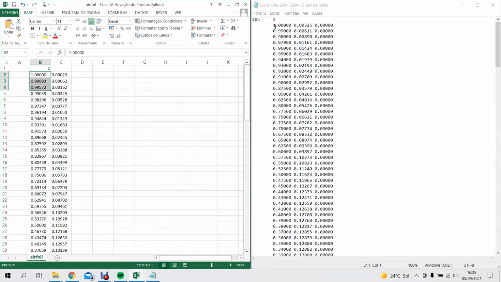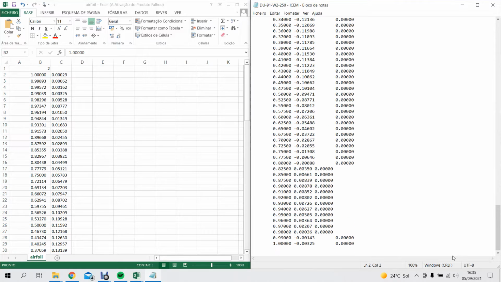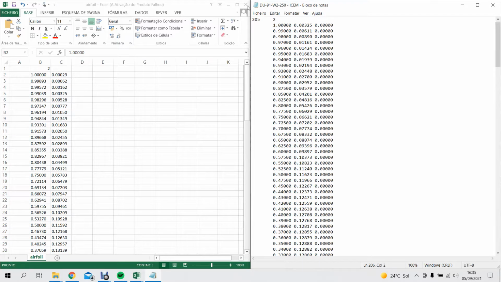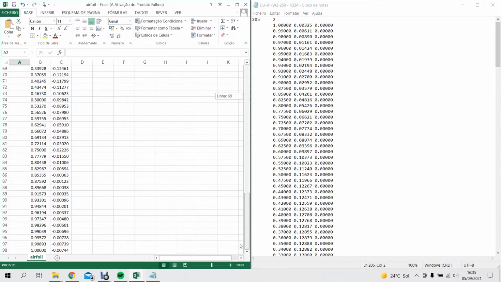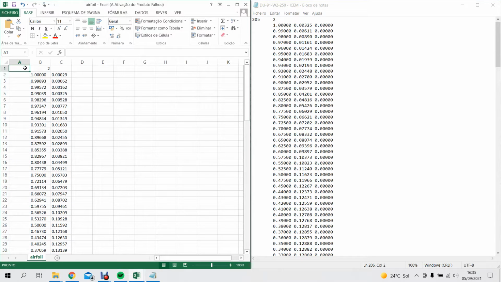So if you see here, this is line 2. And in the end we have line 206, so that's why we have 205. Here we have from line 2 to 98, so it should be 97. So it's not always perfect, but